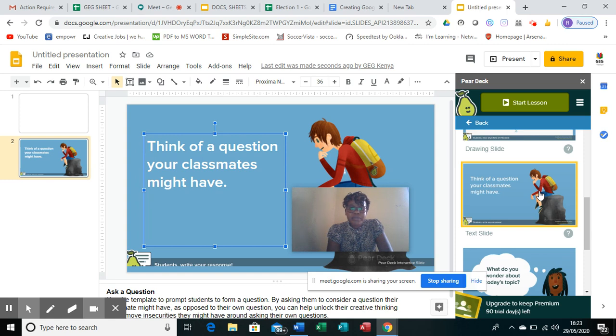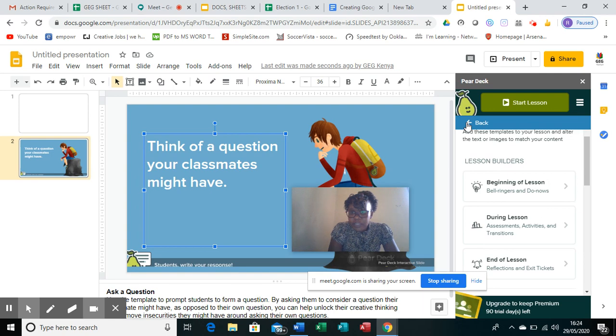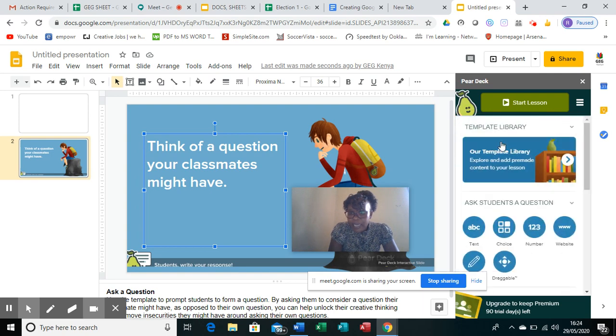Think of a question your classmate might have. All right. So you need to think of a question that your classmate may be having. And in that case, I will need you students to enter the answer. All right. So I will go back, and we have ask student a question pane that is going to have various icons listed. So I'm expecting that students are going to answer me. So I will pick the icon for text, okay,